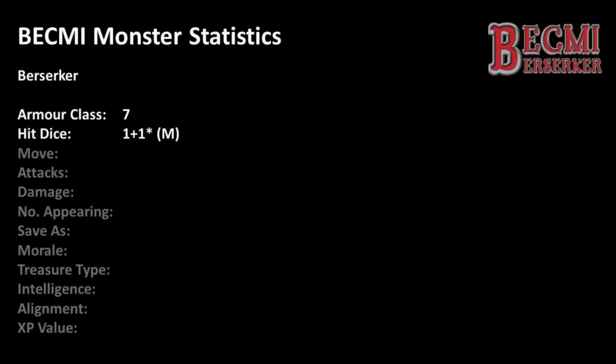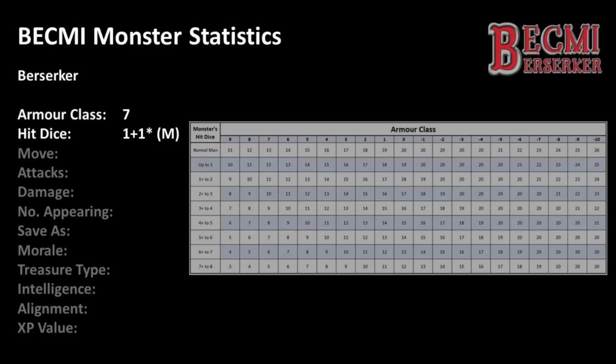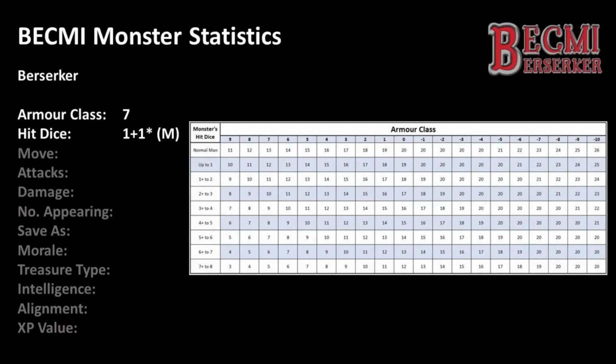Now I know what my Berserker's hit dice is, why don't I go ahead and check that monster hit roll table to work out his THAC0? Looking across the value for 1+ hit dice, I can see that I'm referring to the same values as if my Berserker had 2 hit dice, so clearly these extra pluses on hit dice are significant. Correlating these values with an armor class of 0, I can see that my Berserker requires a roll of 18. But wait a minute, we've just seen that a Berserker gets a +2 to hit due to their ferocity,